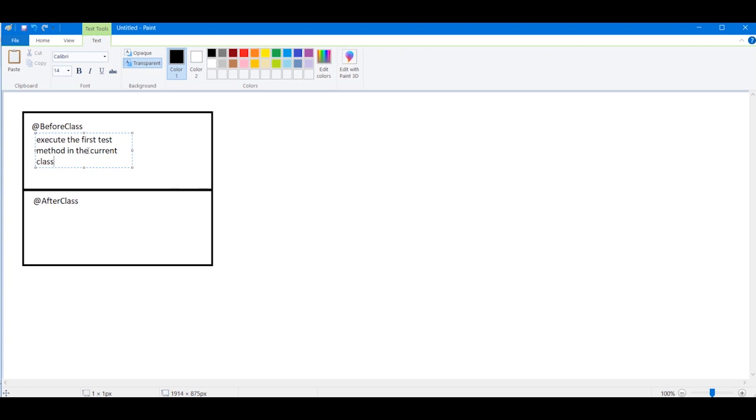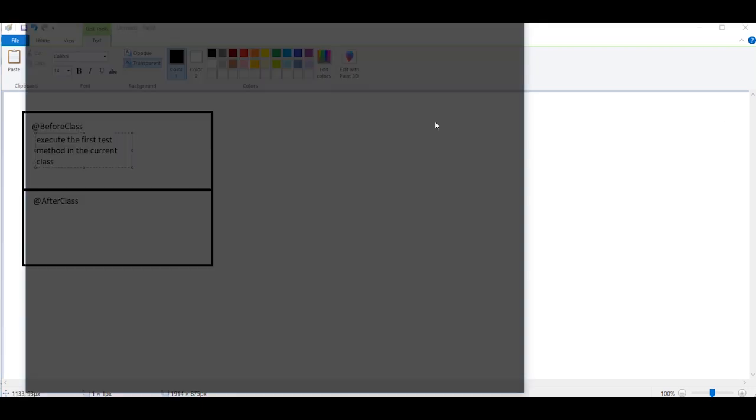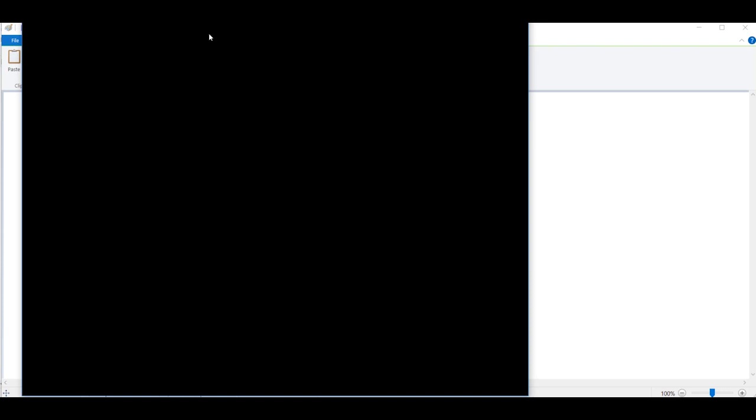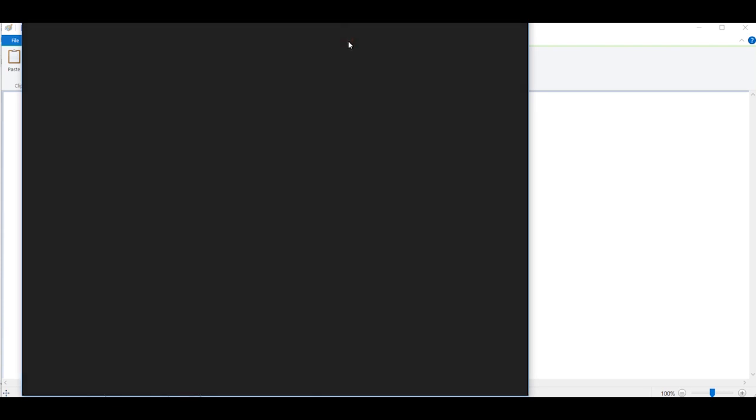In a test class there are test methods. So if we are executing a class, it will execute when the first method runs, since in a class there are multiple methods. You get the point why I talked about the hierarchy. I have taken a screenshot of it so that you can understand this first.